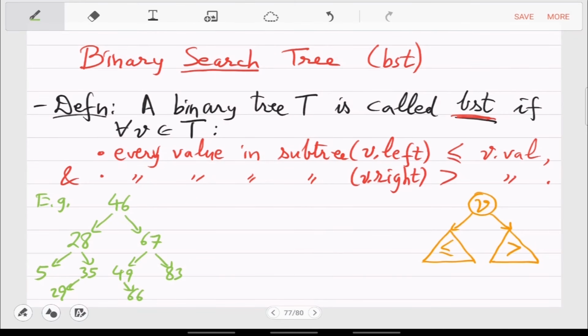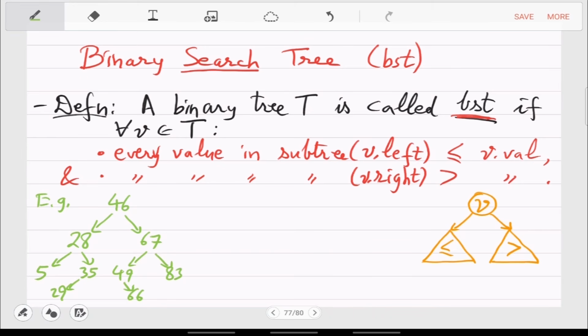Okay, so this is a BST because you start with the root, 46, and you look at the left subtree. So you see the values 5, 28, 29, 35. They are all below 46. And symmetrically you can look at the right part.